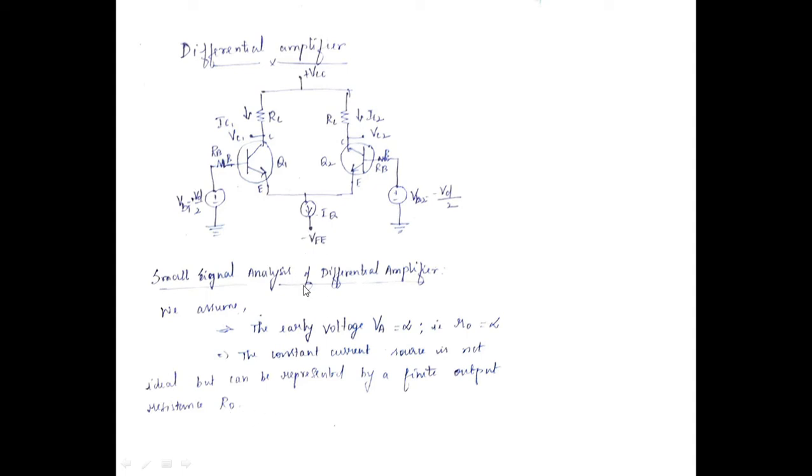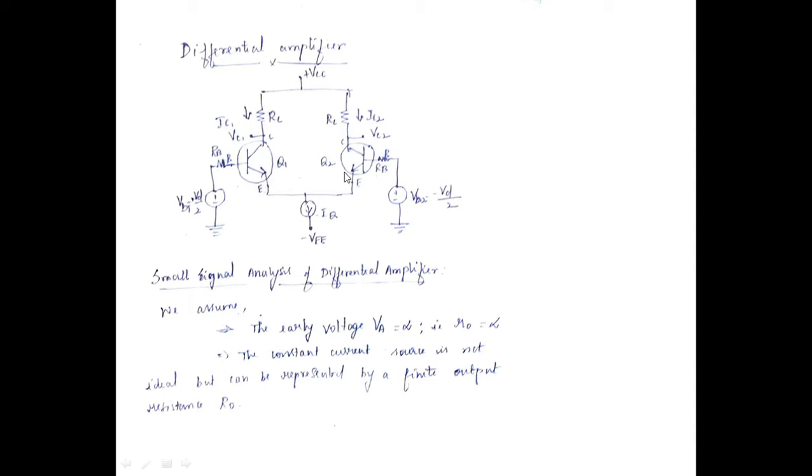The condition for the AC analysis is that we have to short circuit the supplies present in the circuit diagram. So your VCC and VE are going to be short circuited, and the remaining part is drawn as is. In series with the VB we connect the RB, and we replace the transistor Q1 by its transistor parameters, where between the base and emitter a resistance R pi will be present, and the voltage across this resistance is V pi 1.